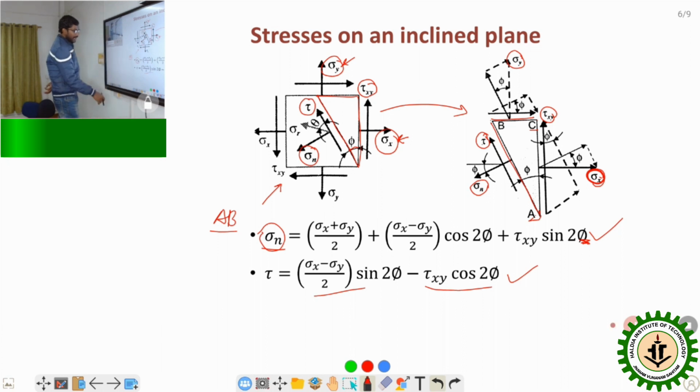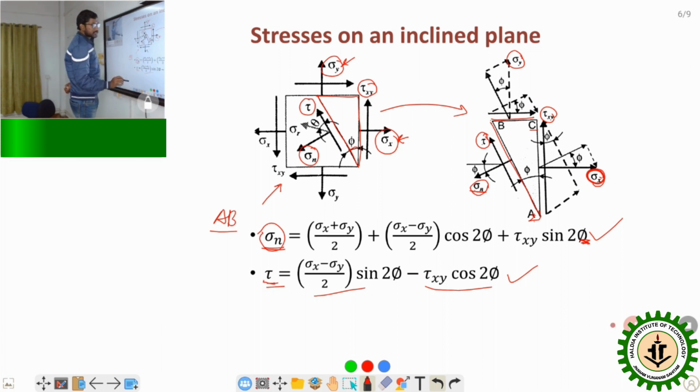So once we have the formula or the final derivation of this normal stress sigma n and tau, we will be able to calculate the maximum possible normal stress sigma n. This maximum possible normal stress on this AB plane, inclined plane AB, is basically known as principal stress. So there are two ways to calculate either maximum or minimum normal stress sigma n or zero shear stress tau,